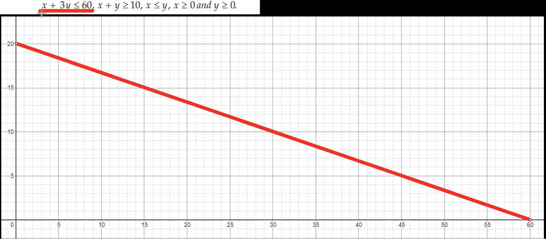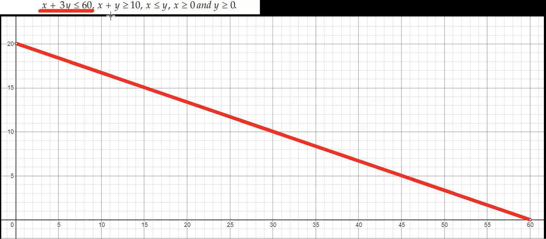And since we want x plus 3y less than or equal to 60, what we have to do is consider the region beneath this line. You can check that using any candidate point. A good candidate point is always the origin 0 0. Does 0 0 satisfy this inequality? If x is 0 and y is 0, this is equal to 0, which is indeed less than or equal to 60. So yes, the origin lies in the region, and therefore we have to go below this red line. But that is about the first inequality.